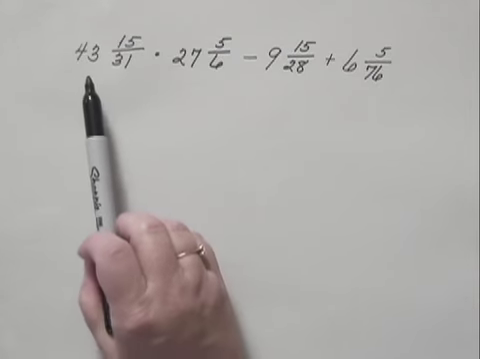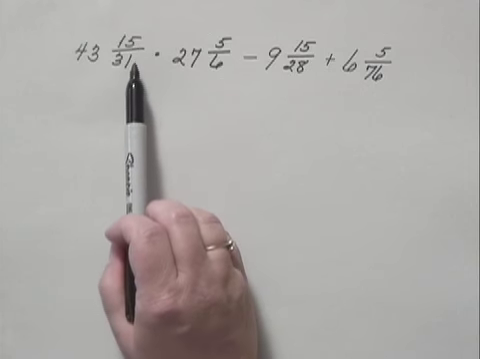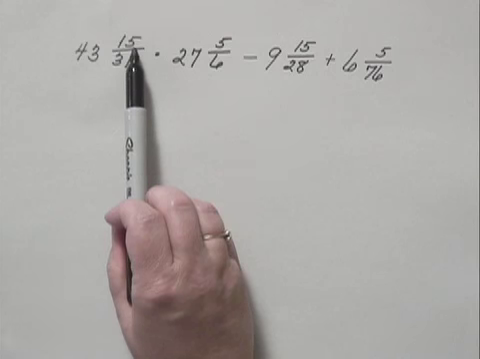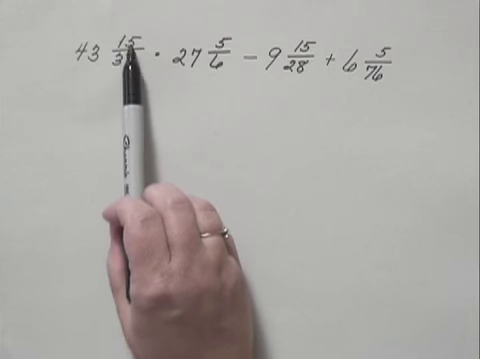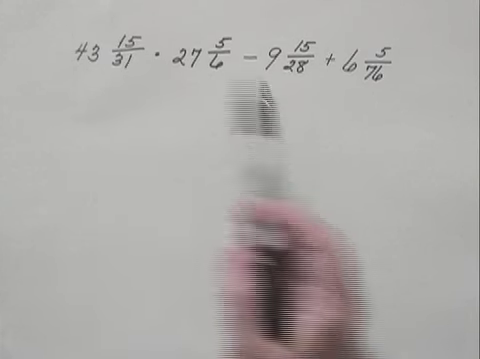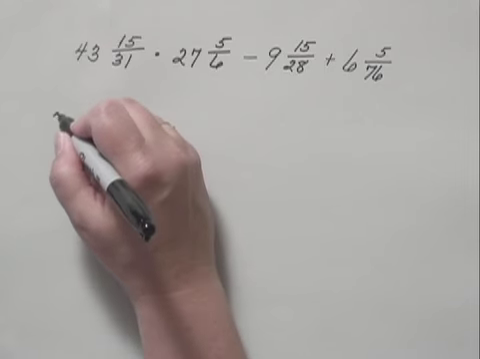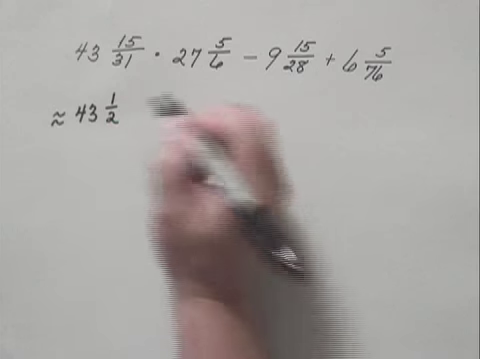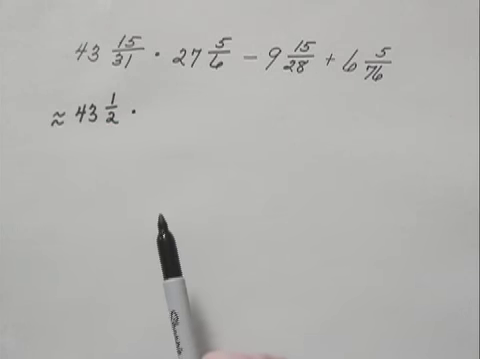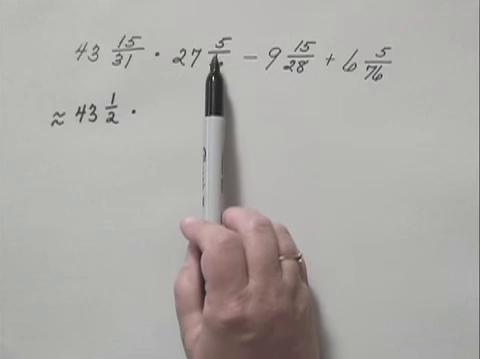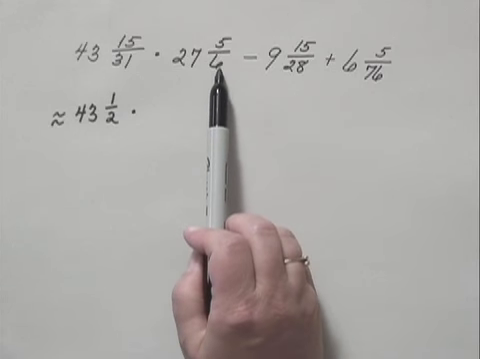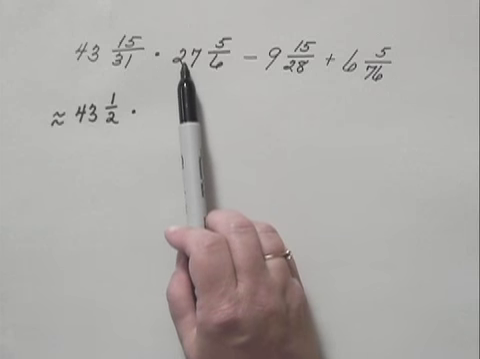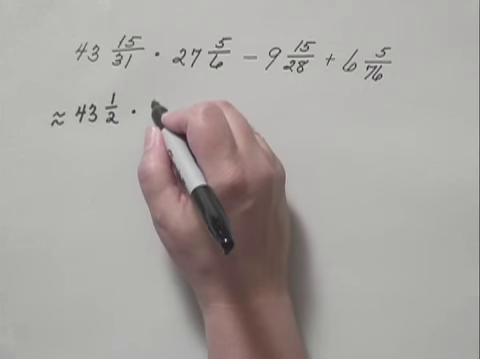We first have a mixed numeral, 43 and 15/31. Well, 15 is close to half of 31, so this is close to a half. So we would estimate this as 43 and 1/2 times, our next mixed numeral is 27 and 5/6. 5/6 is close to 1 because 5 is close to 6, so that's close to 27 plus 1, or 28,